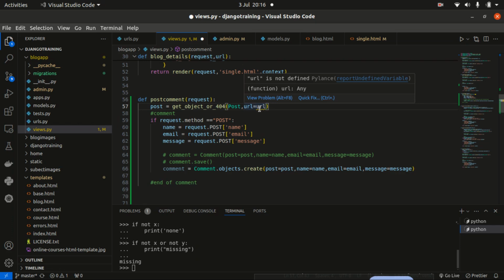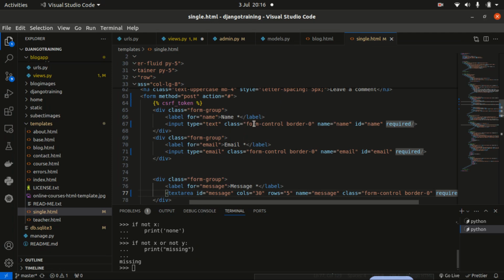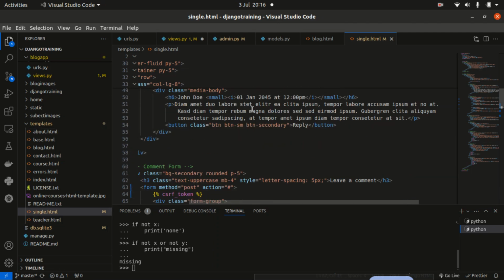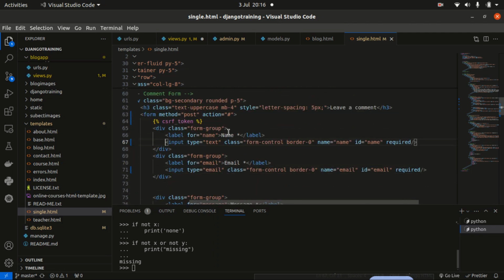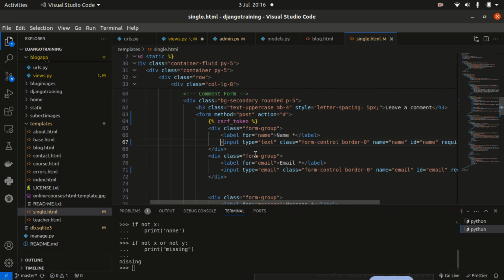Pretty easy. We are going to come in here in our form, and we pass in the URL of this particular blog article. Remember, this single.html page only has one object. It has the information of just one